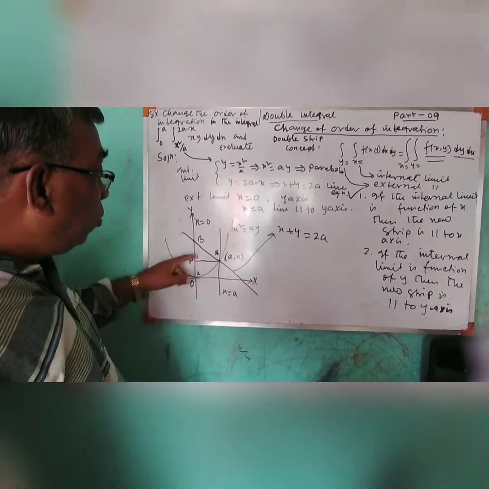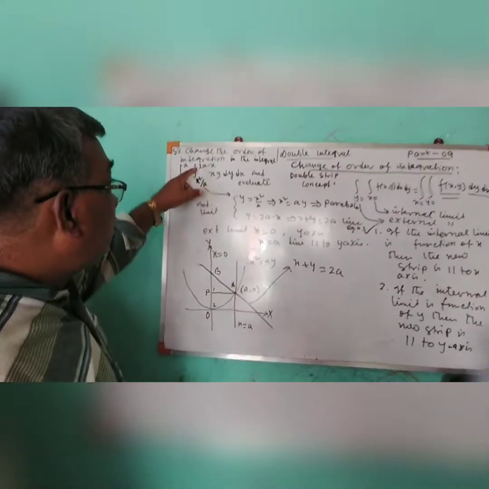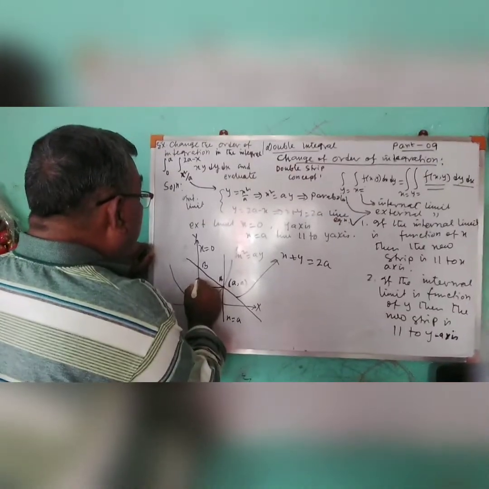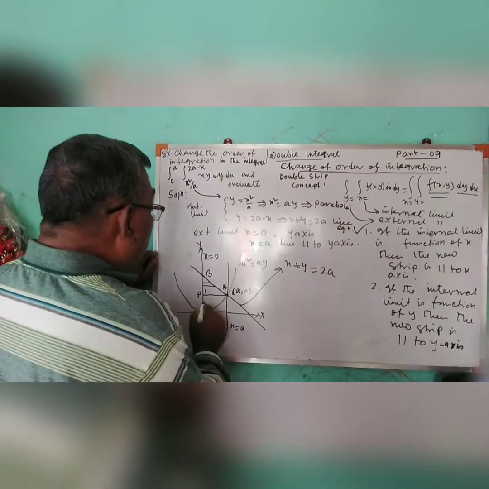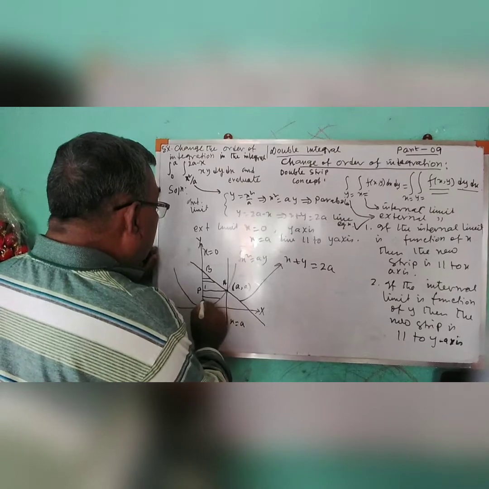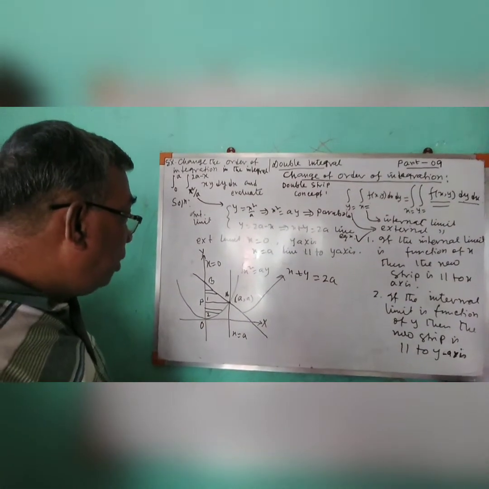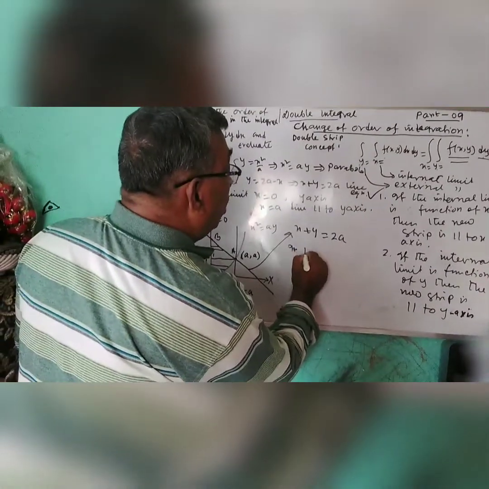In part 1, I am taking the strip which is parallel to the x-axis, because the internal limit is a function of y. So this is the strip parallel to the x-axis. Here also, in this portion, another strip parallel to the x-axis. Okay. Now in part 1,